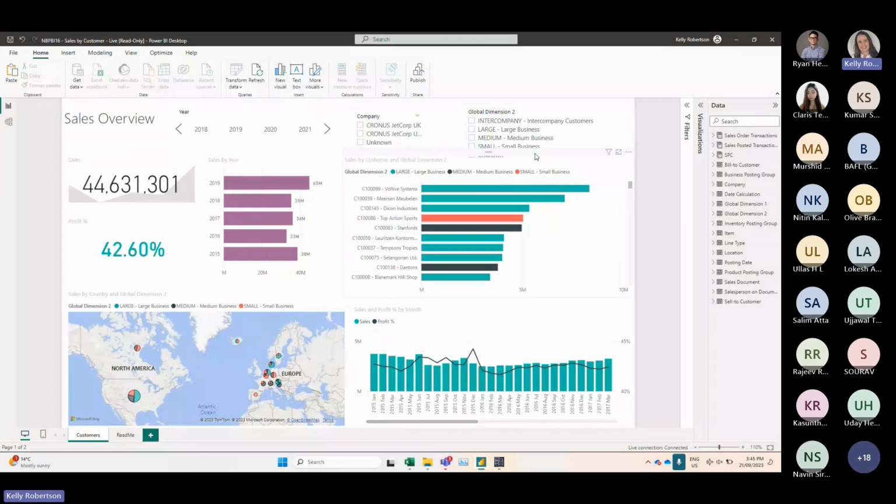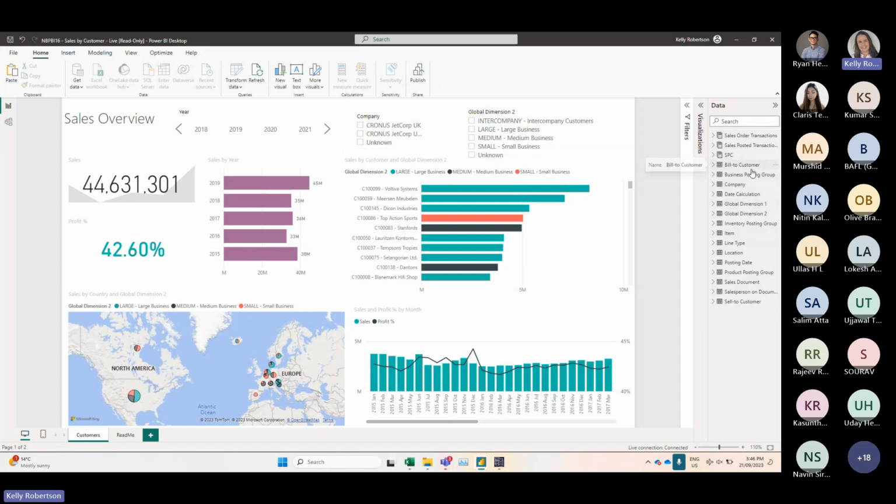You can see we've got information broken down by company. So this organization has 2 companies in their BC. We've got years. We then also have one of their dimensions, which is breaking it down into company, and then down into the different breakdowns of customer, sales and profit by month, some mapping here, and some cards over here. So what it's doing is it's using what Power BI is really good at, which is the visualizations, and then